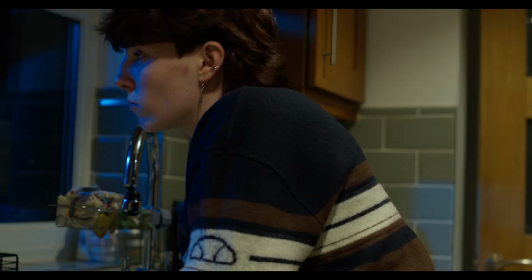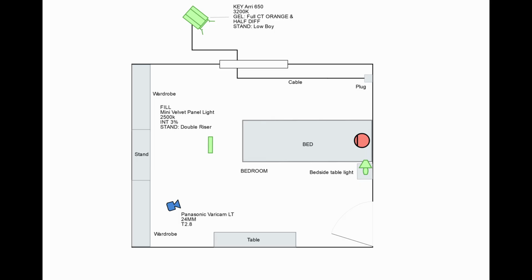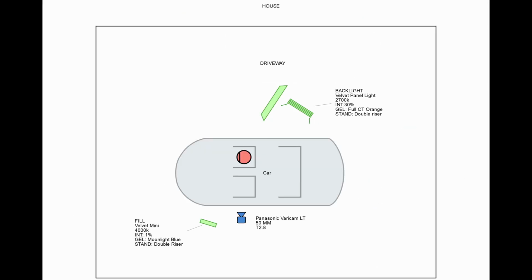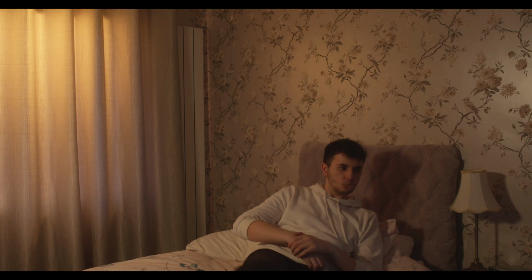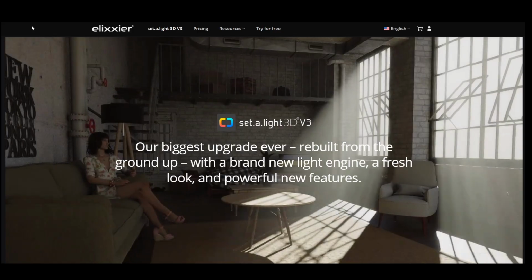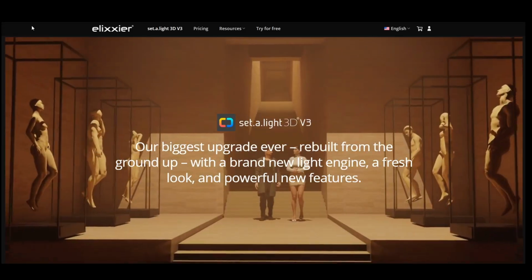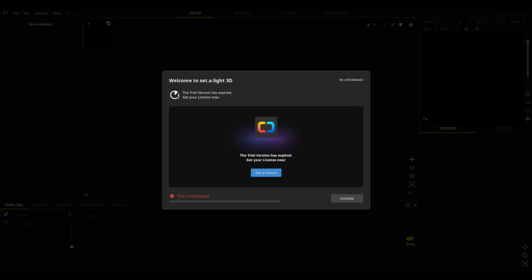As part of my preparation, I created a floor plan and shot design of each shot based on what and where I have access to do my shots. I also wanted to test out these shots on an app called Setalight before I cemented the floor plans in place, but unfortunately I had previously downloaded and used the free 2-week trial for an older project I was a